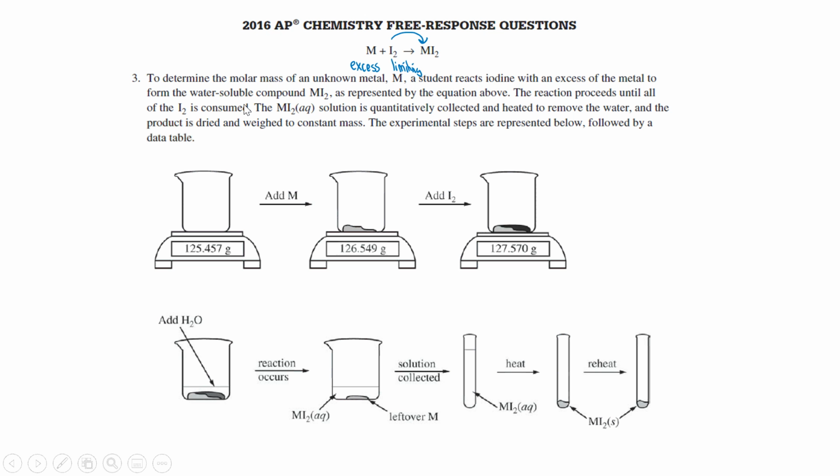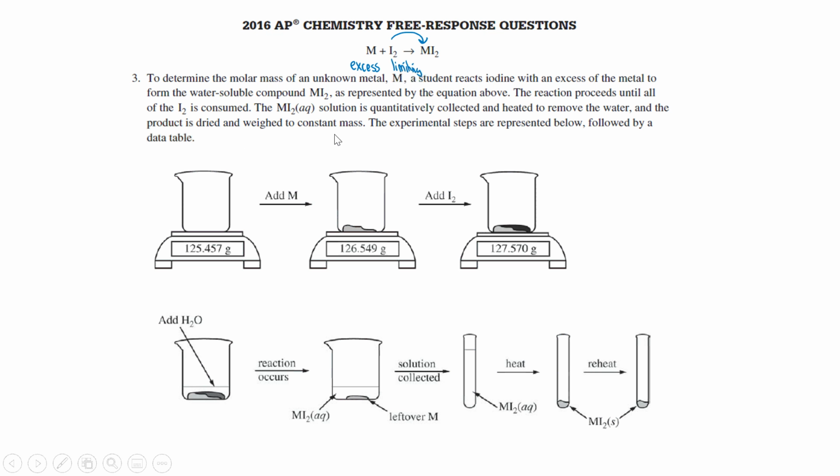And we made a water-soluble compound, MI2. Maybe that'll be useful later, represented by the equation above. So we have a balanced chemical equation. The reaction proceeds until all of the I2 is consumed. So again, we're emphasizing that the iodine is the limiting reactant. It all gets used up. And then they quantitatively collect the MI2. That means they collect it in a way that we can measure it. So quantitative, we're thinking measuring something, getting some accurate numbers here,